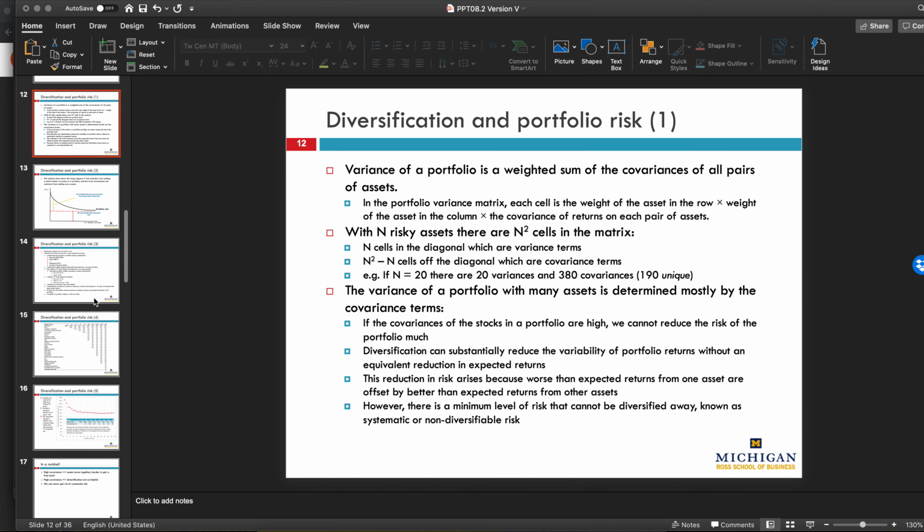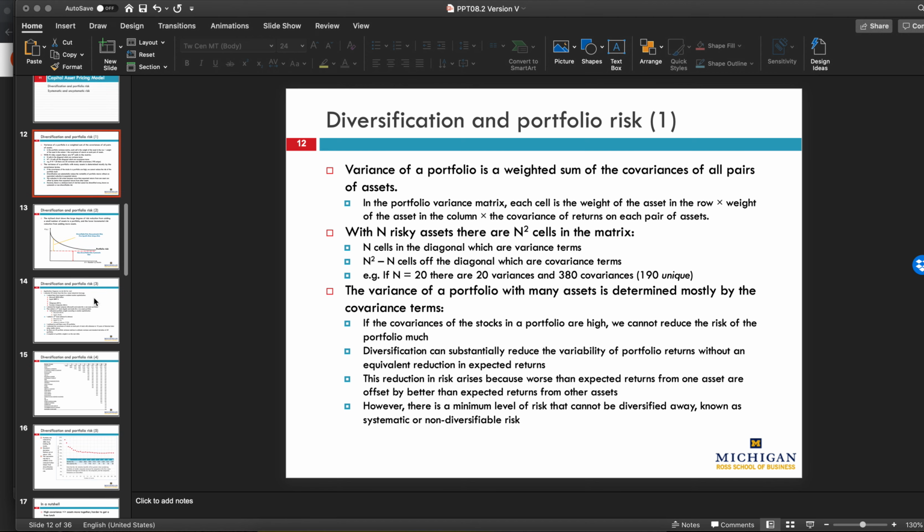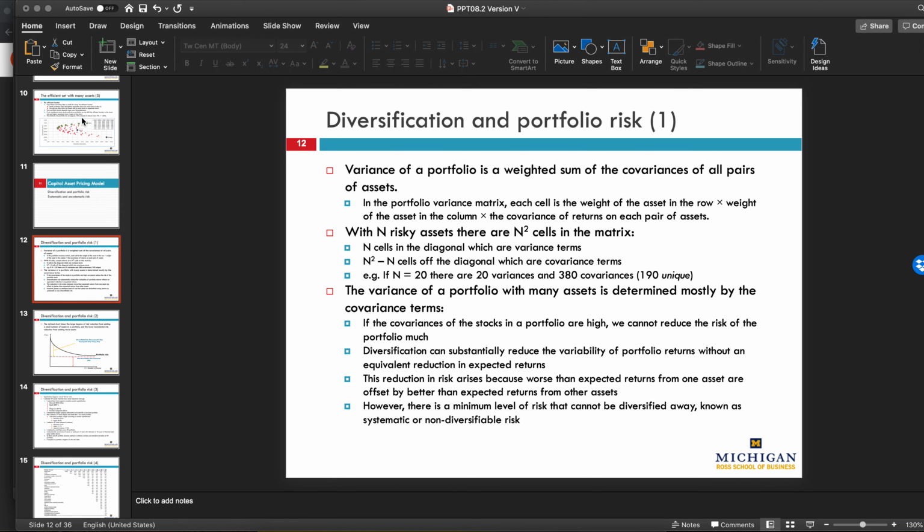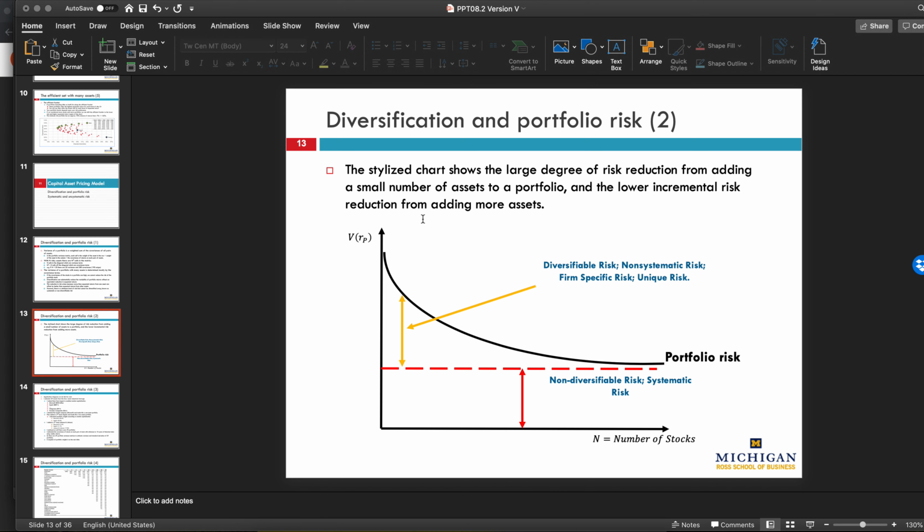What's interesting about this whole thing is that when you are investing in these portfolios, you are diversifying your risk. And a lot of you have heard of that and know the term. But what happens is, if you invest in one stock, you inherit the variance from that one stock. So your variance could be very, very high. As you invest in additional stocks, for each one stock that you invest in, your diversification increases and your variance goes down. So eventually, as you get to the entire universe of stocks, what you end up with is